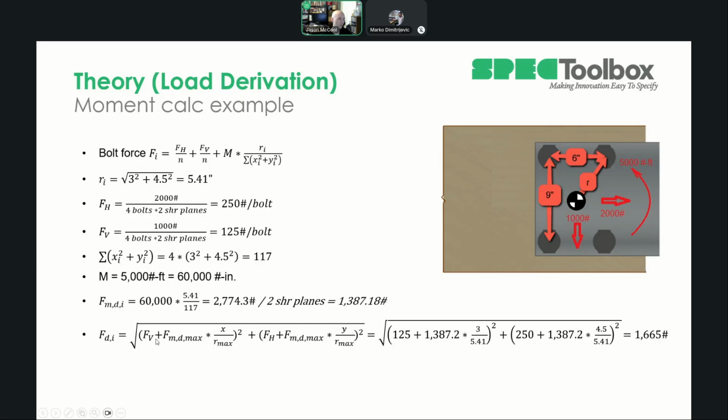Then what we'll do is we'll combine these. So the vertical shear force on that joint combined with the vertical component of the moment, and the horizontal shear force and the horizontal component of the moment force. We'll square those, combine them, square root the sum of squares, plug those numbers in. We get 1,665 pounds as that max load. That's where everything is combining